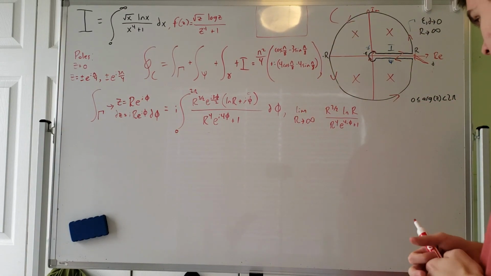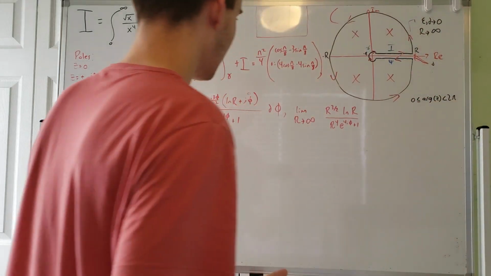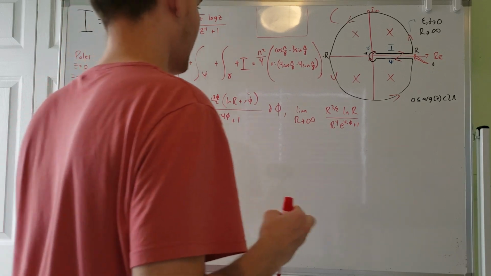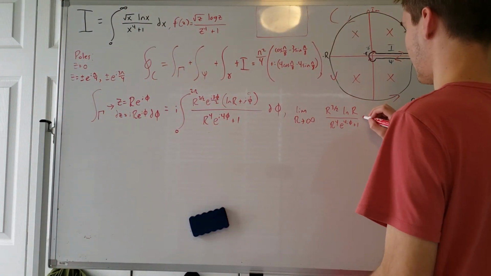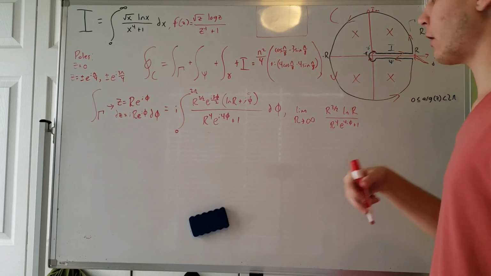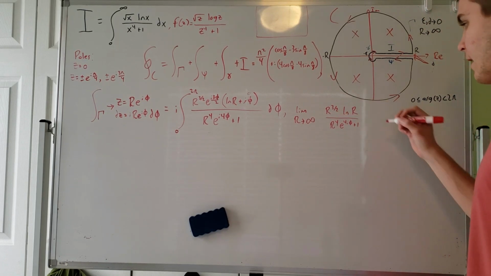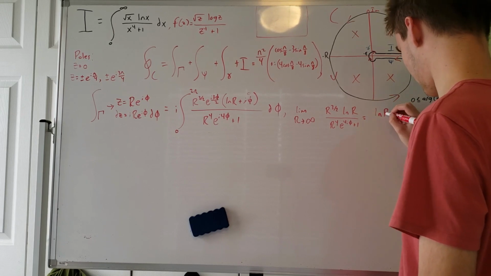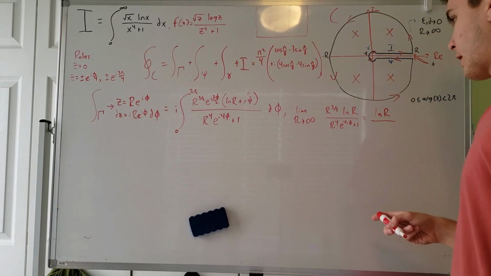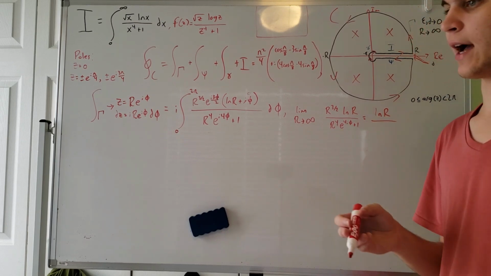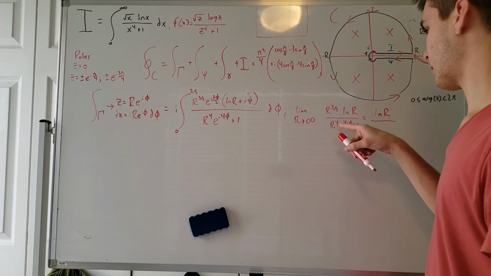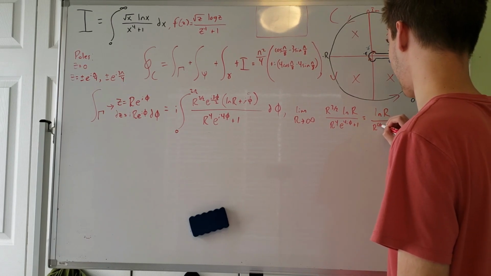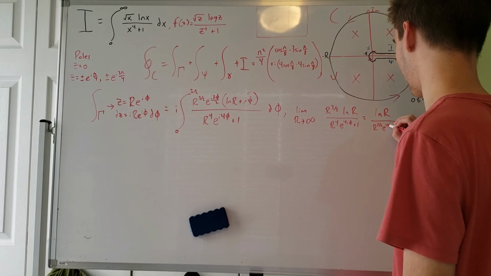Okay. Now let's verify I'm not going to do anything wrong. Okay, so let's divide the numerator and the denominator by r to the 3 halves. So we're going to get ln r over, okay, so r to the 4th over 3 halves, so that's basically 8 halves minus 3 halves, which is going to be r to the 5 halves e to the 4i phi,